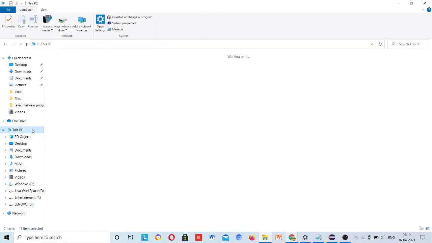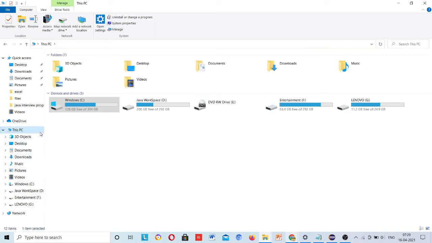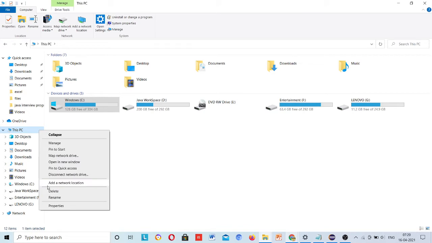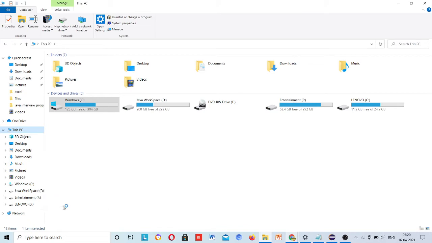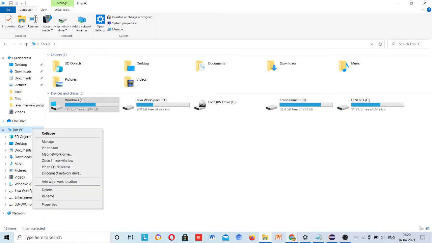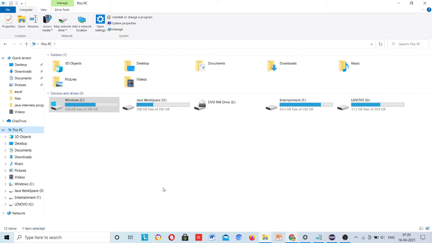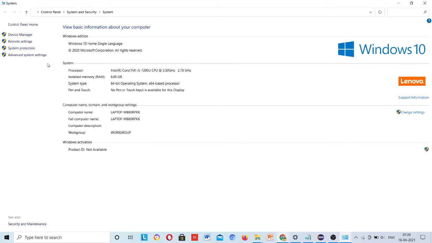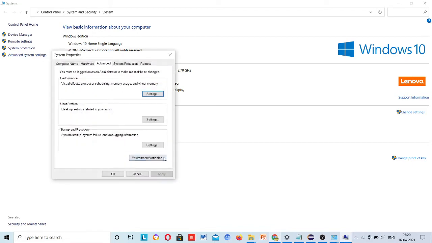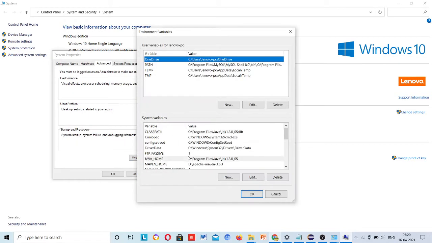right click, properties, advanced settings, environment variables.